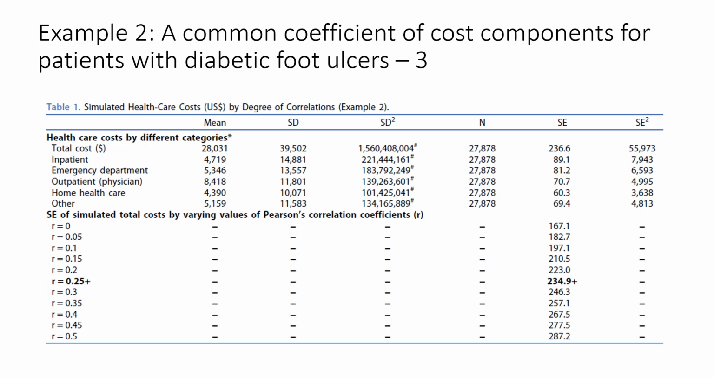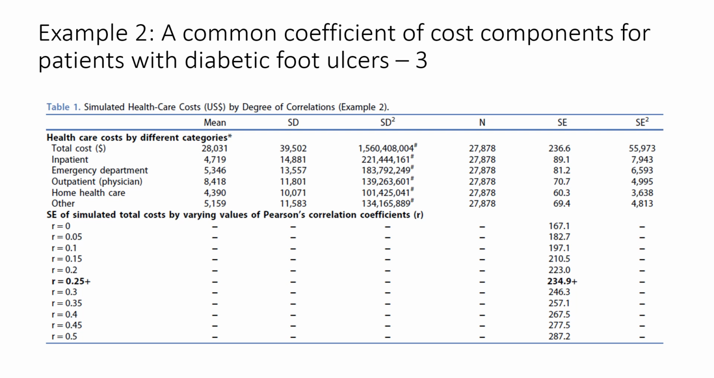We can then simulate multivariate normal distribution data, using means and standard errors, of 5 cost components with varying values of correlation coefficients, ranging from 0 to 0.5 by 0.05. In this case, when the common correlation coefficient was 0.25, the standard deviation of simulated total costs was 234.9, which was close to the standard error of total costs, 236.6,